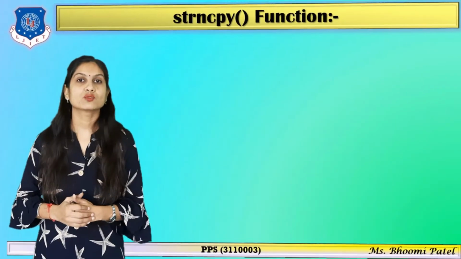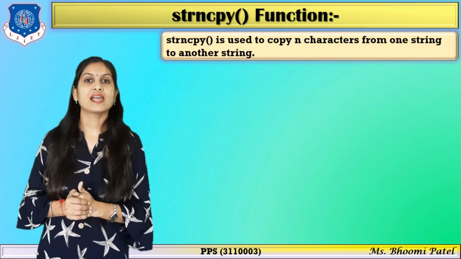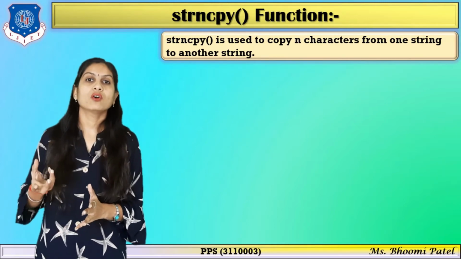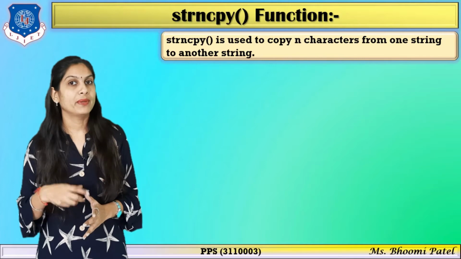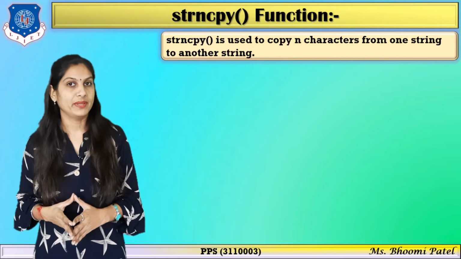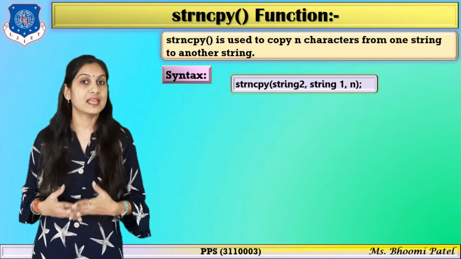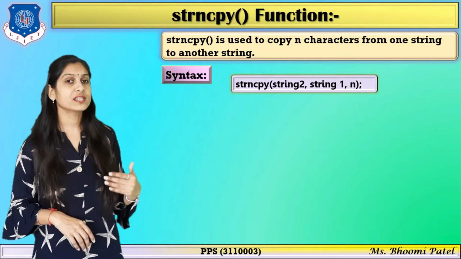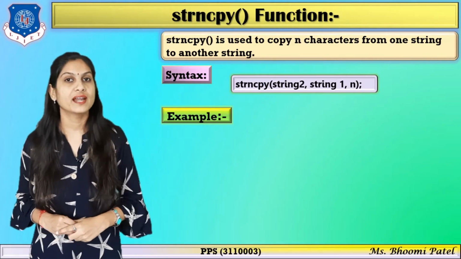Now move to the next one, that is strncpy. So what is the difference between strcpy and strncpy? The only difference is that now we are copying only a number of characters. Clear? Not the whole string, but now you have to give the value of n. How many characters do you want to copy? For that use the syntax where the function name is now changed to strncpy, and a third argument is added, n. So what happened? The s1 data will be copied into s2, but how many? That depends on that n value.